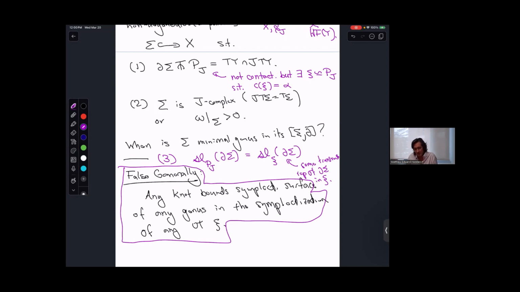Like this last condition is exactly the condition you need to construct a homotopy of plane fields from the weird, kind of completely unknown plane field coming from J on my boundary to the contact plane, which is everywhere transverse to the boundary of sigma. So, a very interesting part of this, I mean, to me, the Floer homology has always been in place. That's not so interesting to me at this point, but to me, what's interesting about the proof here is that